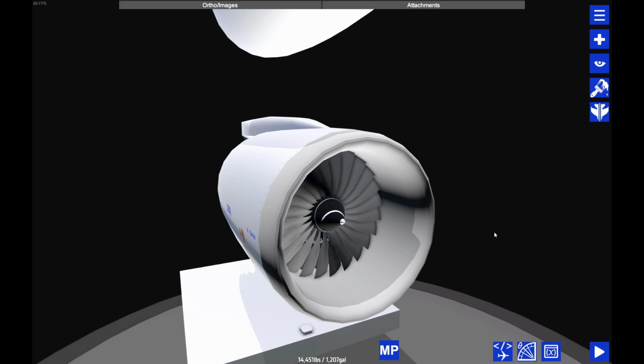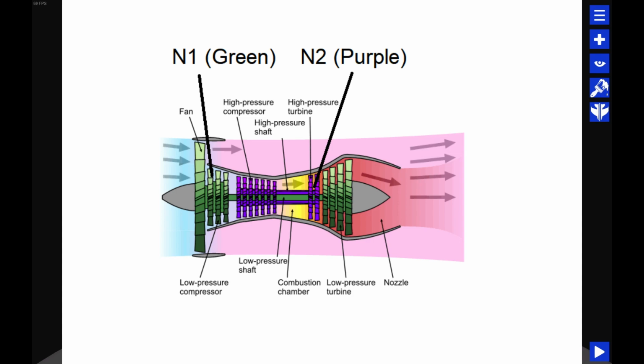Before I can start coding, we have to understand exactly what we want the engine to do. A typical turbofan jet engine, which this engine is, has two main stages, or two separate parts that spin, the N1 stage and the N2 stage. The N1 stage includes the front fan, the low pressure compressor, and the low pressure turbine. And the N2 stage, which is in the core of the engine, includes the high pressure compressor and the high